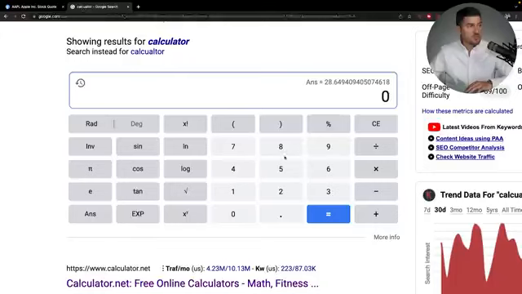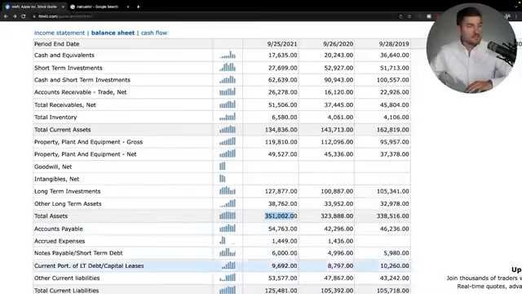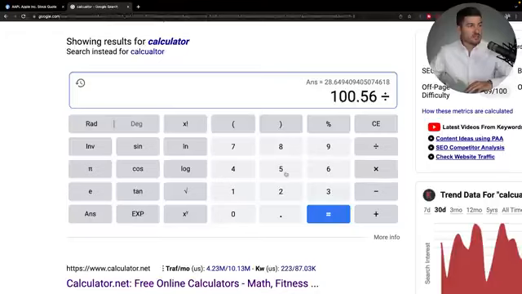So let's take these two numbers and put them into a calculator. We're going to take, I believe it was, 100.56, 28.56 billion. Remember, that's our net income divided by total assets of 351.002, which gives us this number right here, 0.2865. Now, remember this is a fraction. We need to multiply this by 100 to get our percentage. You're going to get